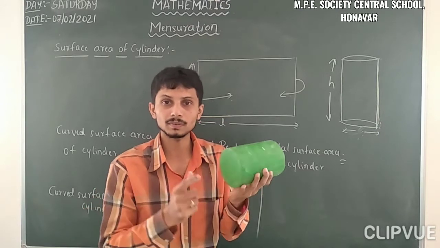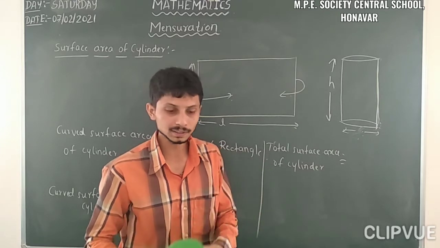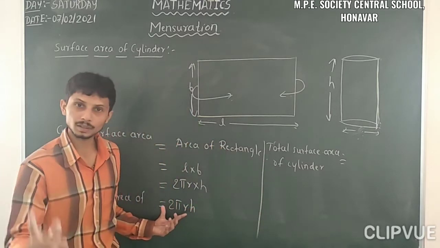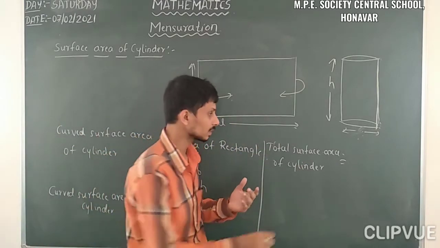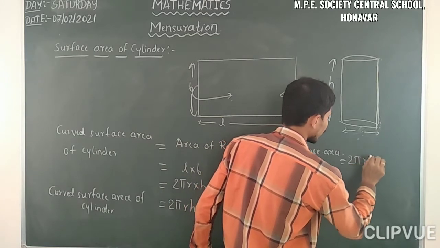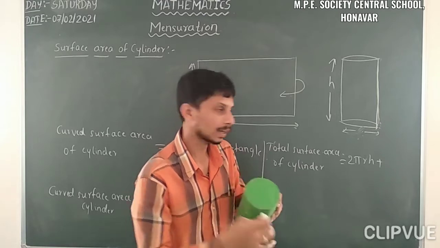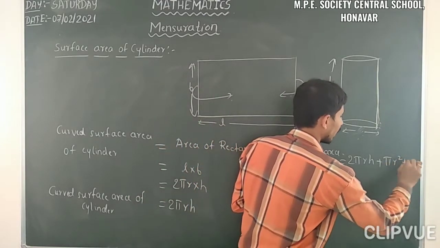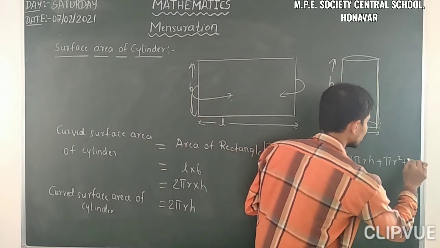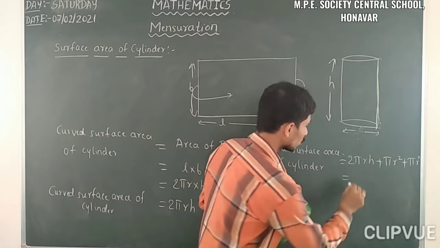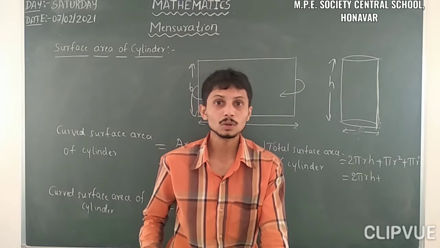The area of a circle we have here also, here also. So for both it is pi r square only. So we have 2 pi r h for the curved surface area, and we have to add both faces, the top and bottom faces. So 2 pi r h plus pi r square for the top part, and the bottom part is also a circle, with area pi r square. So 2 pi r h plus 2 pi r square.